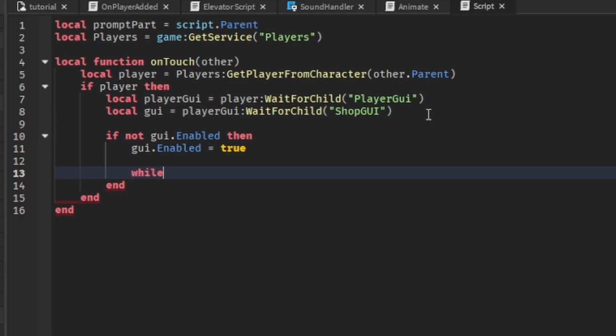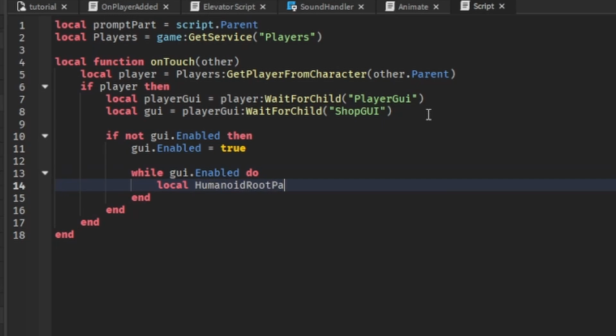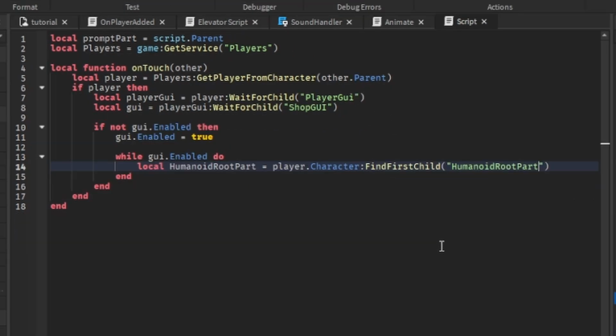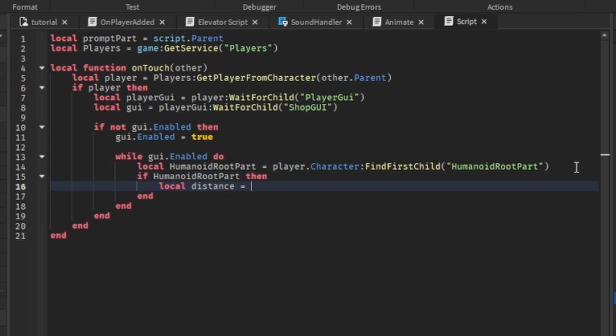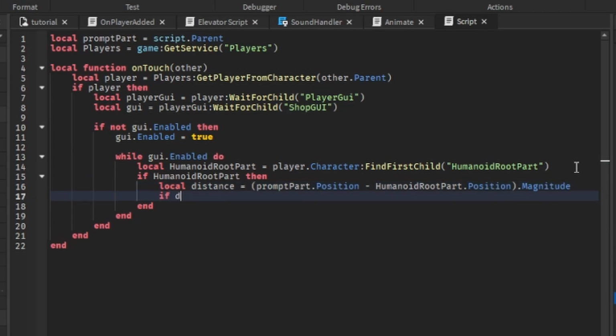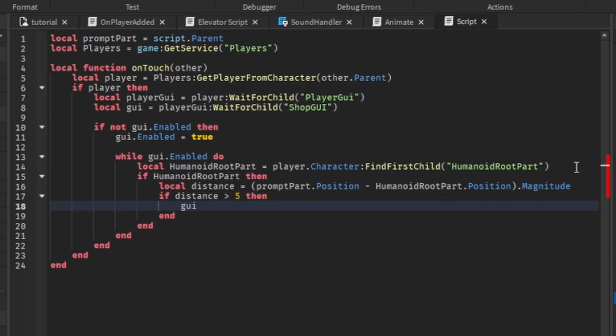Now while gui.Enabled do local humanoidRootPart = player.Character:FindFirstChild("HumanoidRootPart"). If humanoidRootPart then local distance = (promptPart.Position - humanoidRootPart.Position).Magnitude. If distance is greater than 5, then